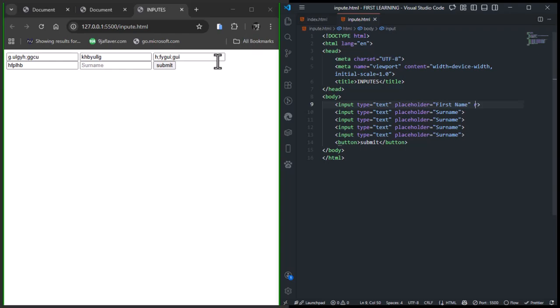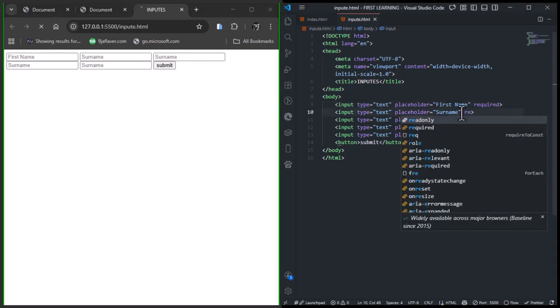So just choose to write required and change the type of everything. If I want an email input, I'll just remove the text and write email. Now in your placeholder, you need to tell the user that okay, this place is an email. So you write something like